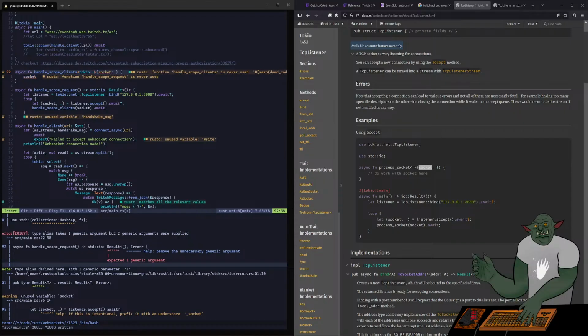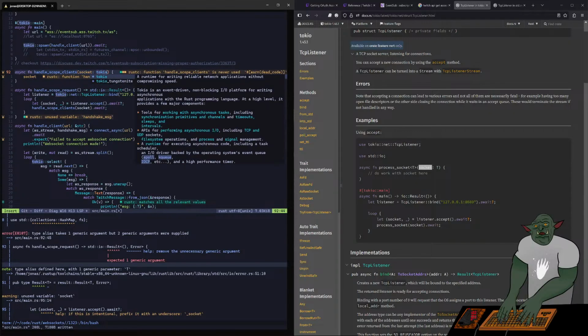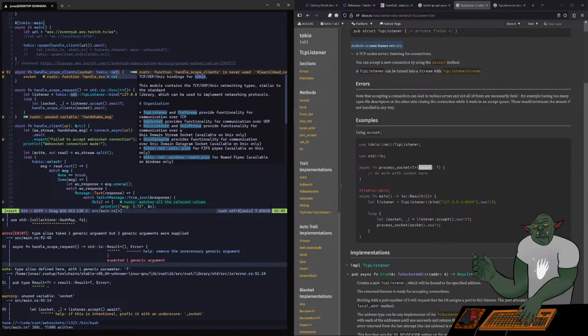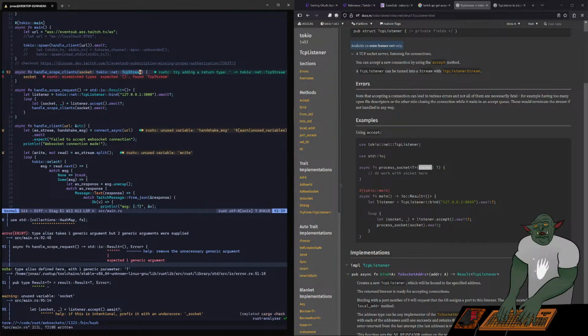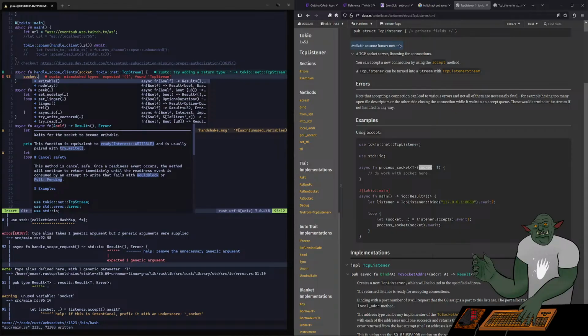Sorry, Tokyo has a net, right? Oh, we don't need to declare it there. That's for generics. We're not using a generic. So we go Tokyo net TCP stream. And then we go sockets dot